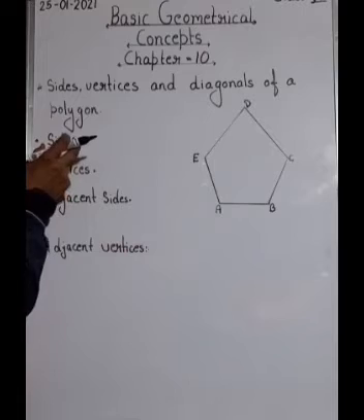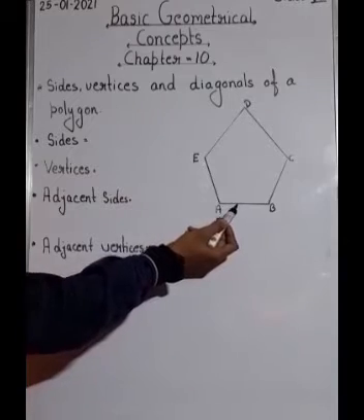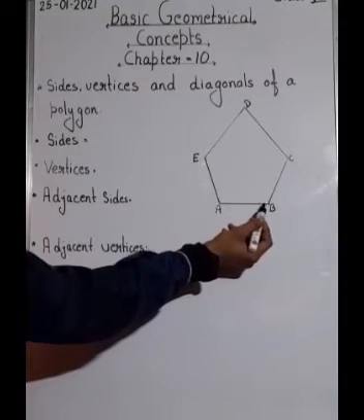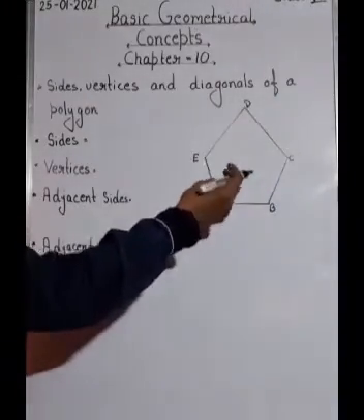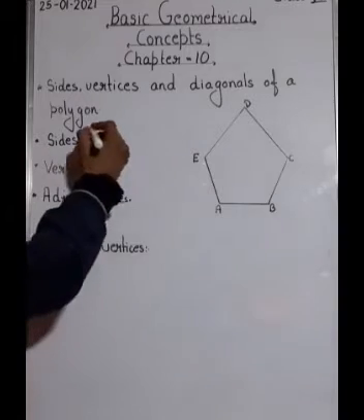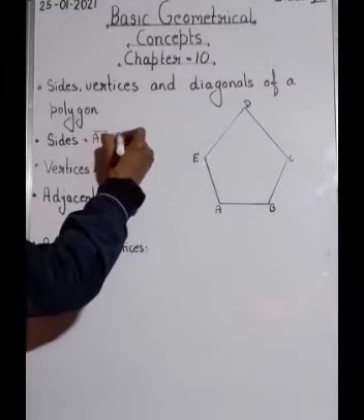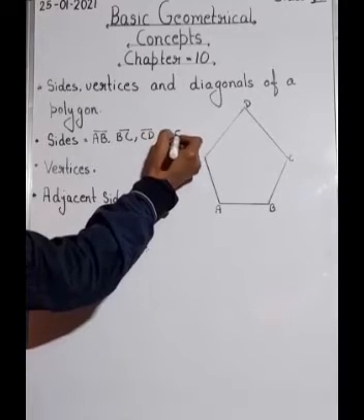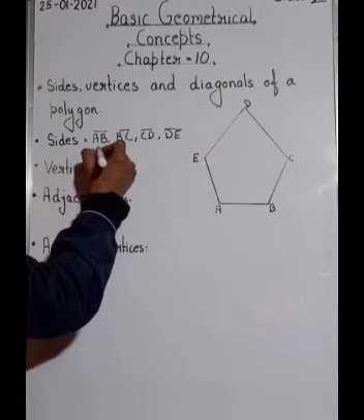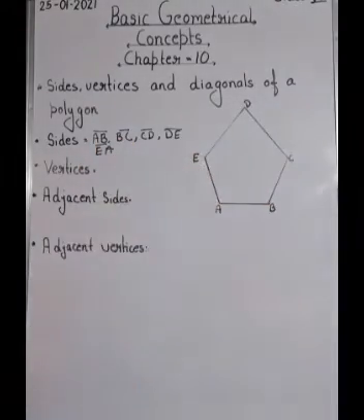So today first we will study about your sides. Now what are the sides? The line segments forming a polygon. You can see that these line segments AB, BC, CD, DE, EA are joining together to form a polygon. So what are the sides of the polygon? These are your AB, BC, CD, DE, and the last one is your EA. So how many sides? 1, 2, 3, 4, 5. Okay, this is a 5-sided polygon known as pentagon.